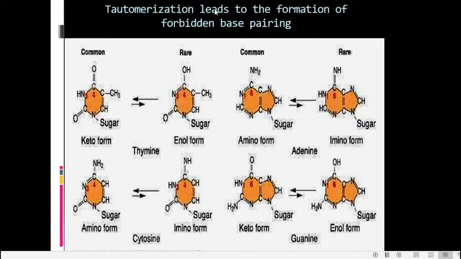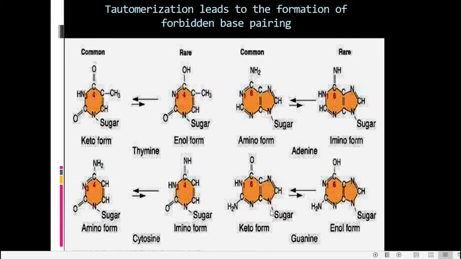For that we have to first see what a tautomer is. Tautomers are isomeric forms of molecules which can exist in equilibrium, and they form by reversible redistribution or shift of electrons, protons, hydrogen atoms, etc. There are 4 nitrogen bases in DNA. They are adenine, thymine, guanine and cytosine, of which adenine and guanine are purines and thymine and cytosine are pyrimidines. So, all these bases are subjected to tautomeric change. Their tautomers can be formed by the redistribution of protons and electrons, and that is called tautomeric shift or tautomerization.